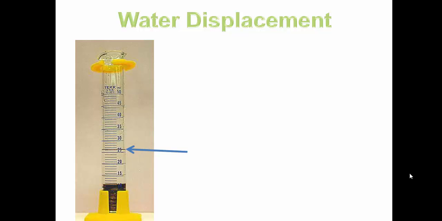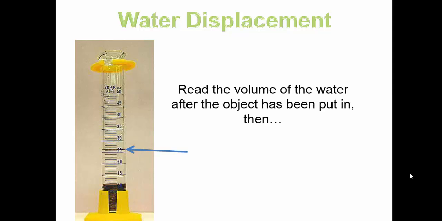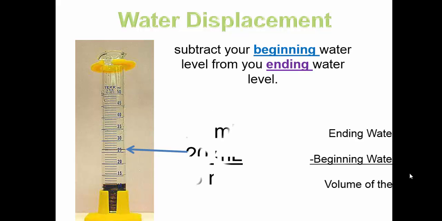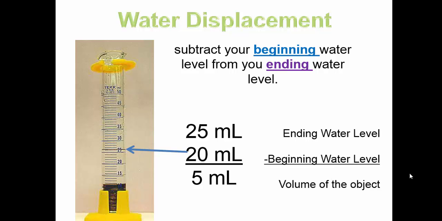So what happens, as you can see here, is the level 20 has been elevated. So look closely, the water level was 20, and now the water level has been raised to 25. How did that happen? Well, the object that you put in the graduated cylinder displaced or moved the water level up. And so what you do now is you take the difference between the ending volume minus the starting volume,